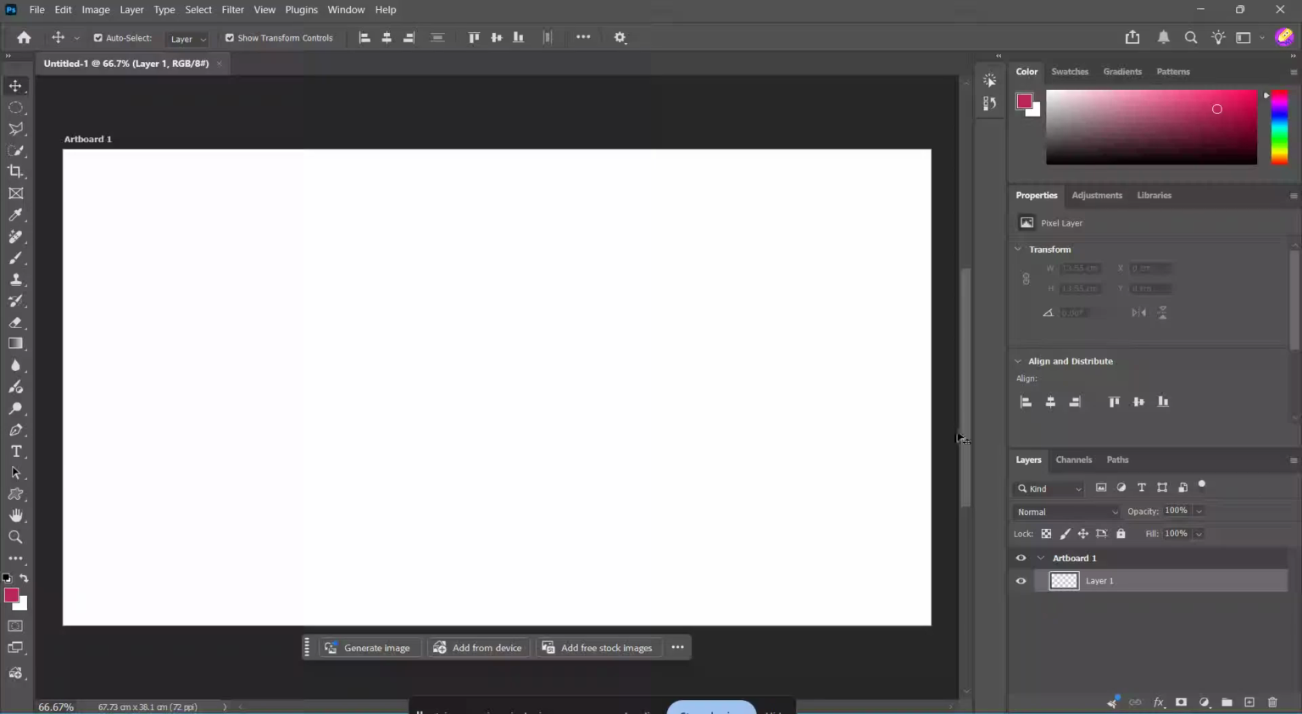Today I'm going to show you how to make a pattern in Photoshop step by step, even if you've never done it before. By the end of this video, you'll know how to create a seamless pattern tile, save it as a reusable pattern, and apply it to any design or image in just a few clicks. This is a super useful skill for designers, content creators, and anyone who wants to make backgrounds, textures, or repeating